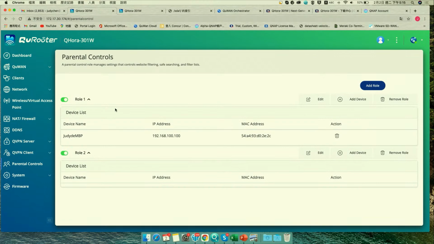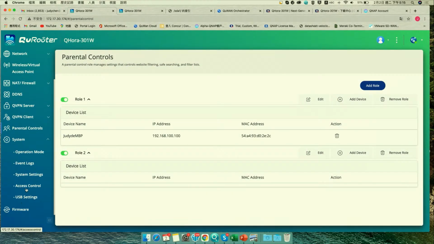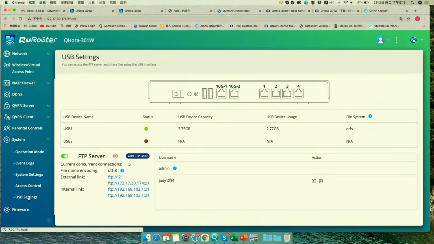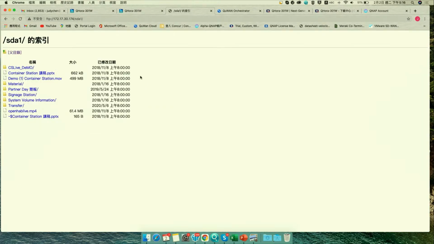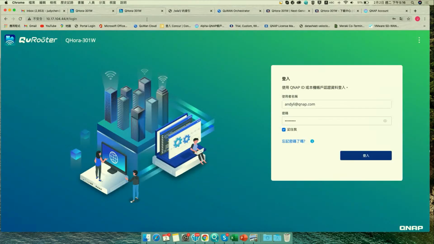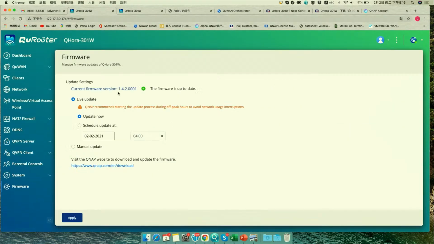Here's the parental control. You can set your roles. If you don't want your kids to go to certain website, you can set it here and add device to block it. Here are some basic system settings. We have 2 USB ports, so you can set your USB as the FTP server and just connect it by external or internal link. Here's our newest firmware 1.4.2.0001. So if we go back to PowerPoint,